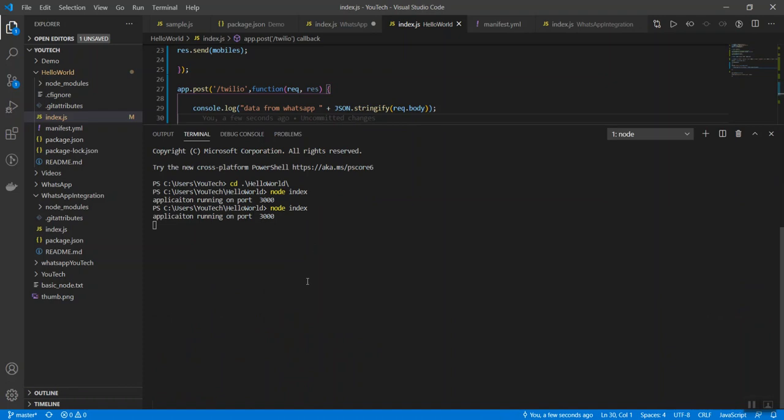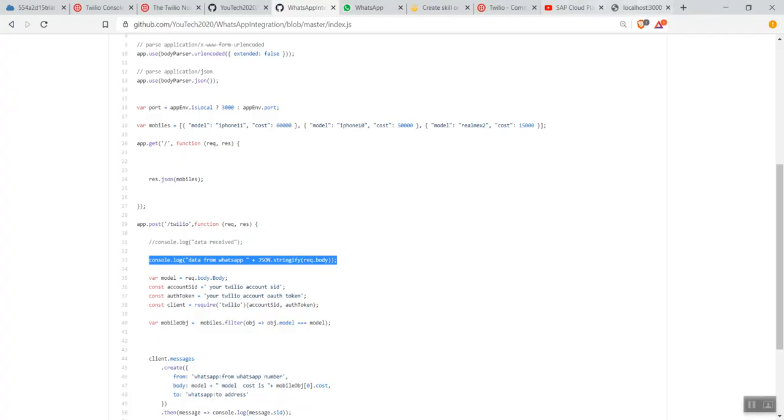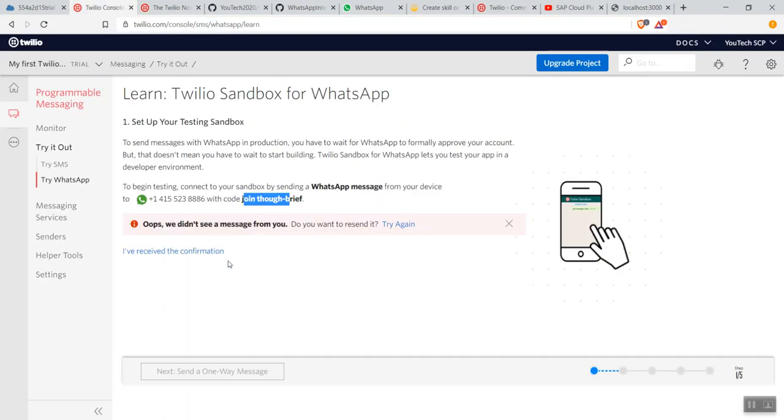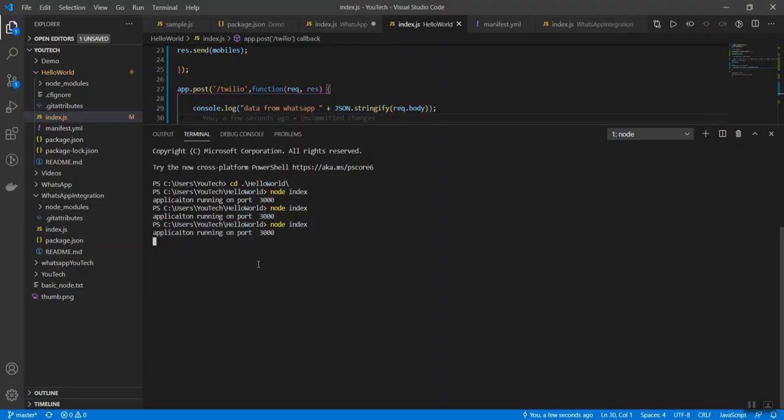So go here, again go to my command, and I am starting this application. Now you can see there is one small problem for testing this application, because when I do this, the port is currently open on my localhost, right? This is my localhost. This localhost we can't configure in the Twilio account because localhost is not reachable from the third-party application. So definitely we have to deploy this application into SAP Cloud Platform.